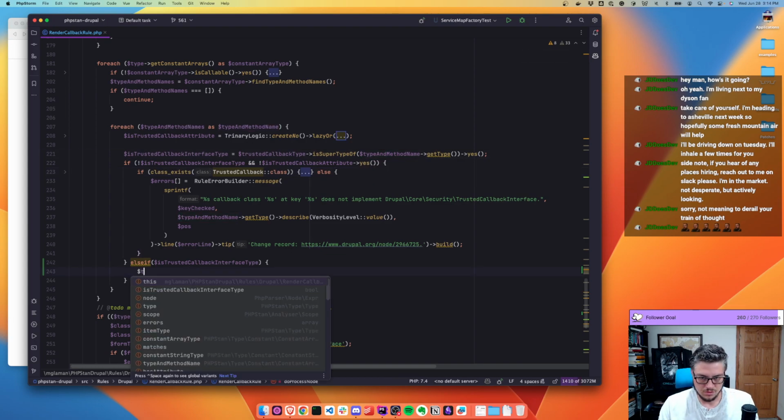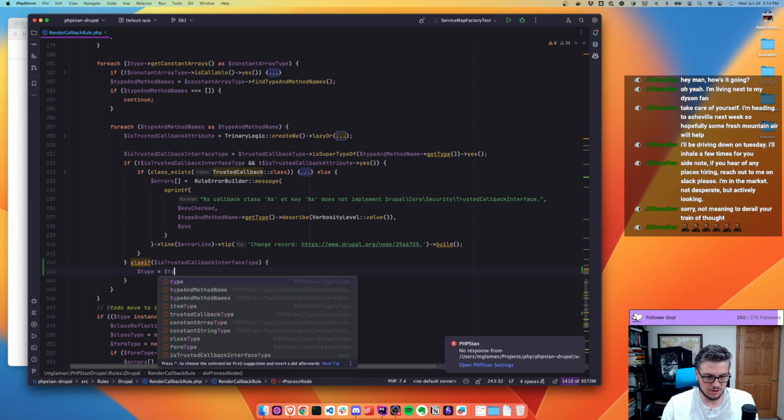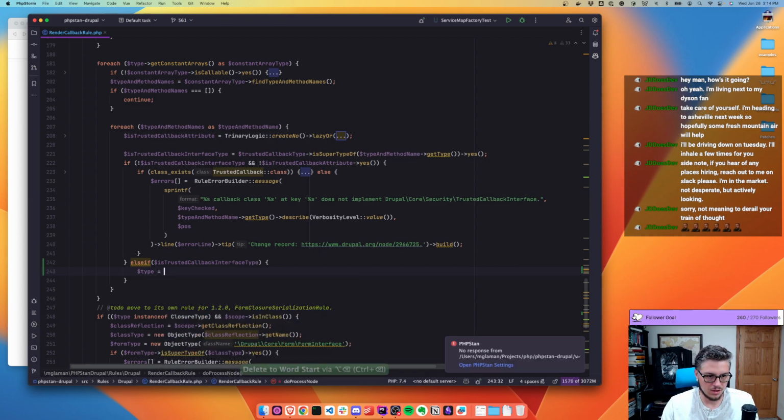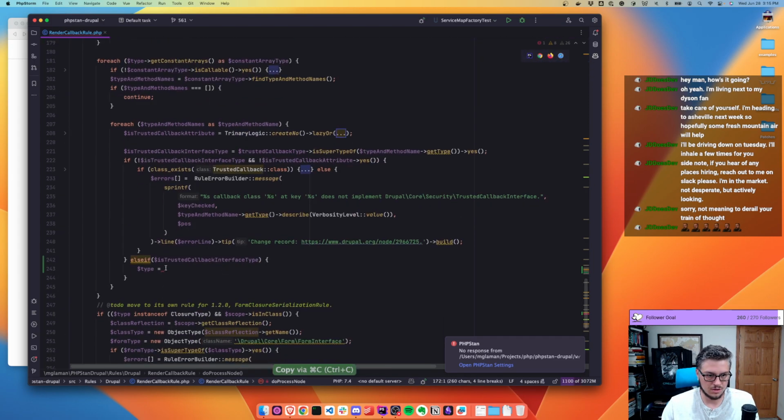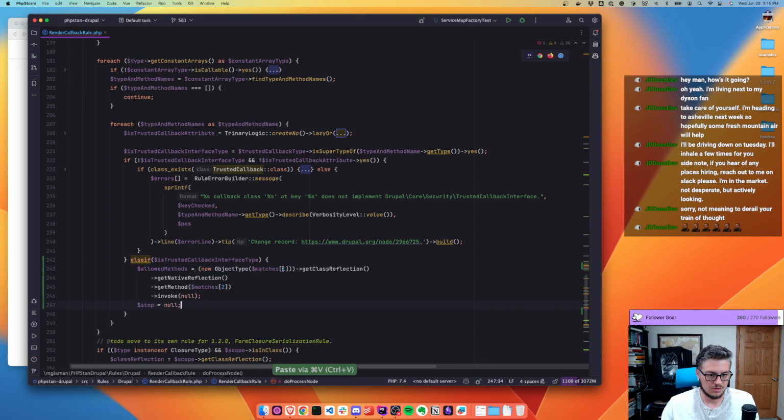We're gonna do type equals type, somewhat similar to up here. It's an object, but it's type and method name. Get type. Oh, hold on. This might be